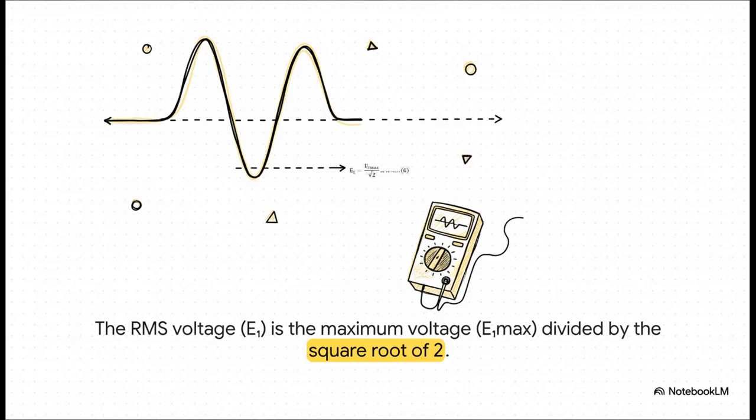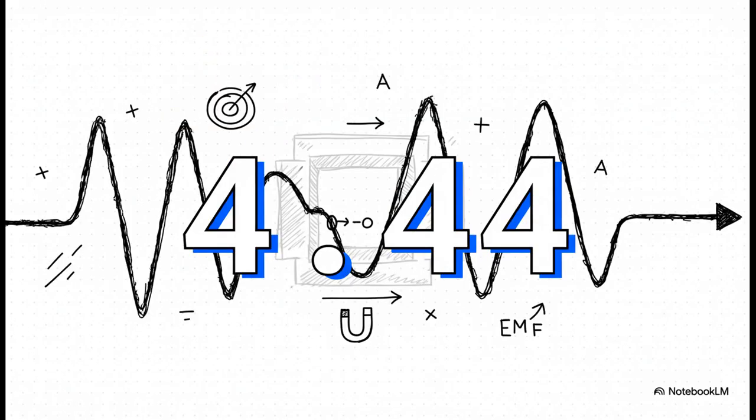All you have to do is take the maximum voltage, the very peak of that wave, and divide it by the square root of 2. Boom. That gives you the practical RMS value that you'd actually see if you put a multimeter on it. Now, this whole process, taking Faraday's law, bringing in the sine wave, and converting to RMS, it leads us to